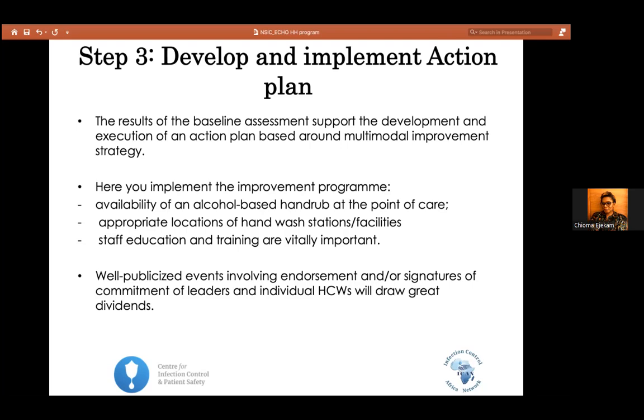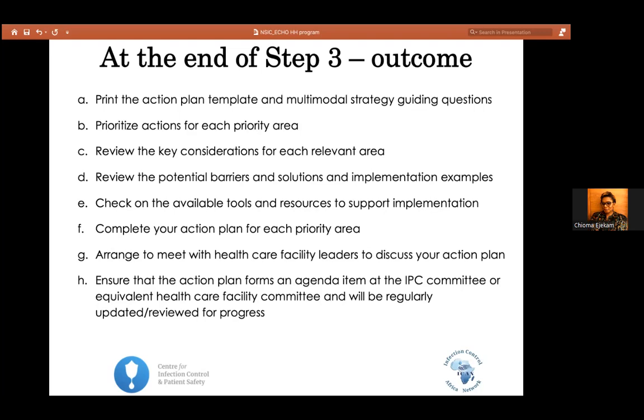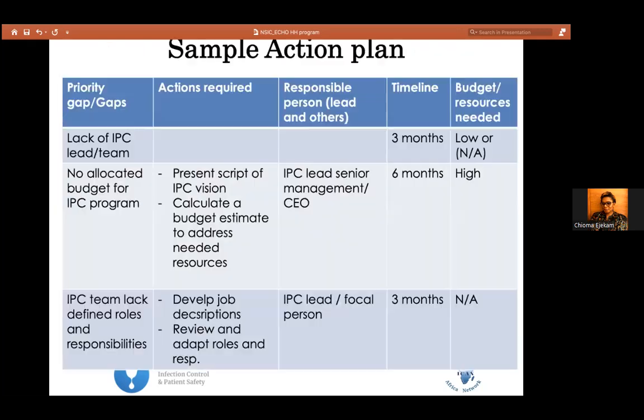When is the training going to happen? Who is going to provide those trainings? So these are the findings of what you get at the end. So you prioritize your actions and complete this action plan, like I mentioned. What are the actions expected based on the strengths, the weaknesses, the gaps identified, who would provide this action, and what is the timeline for this delivery.